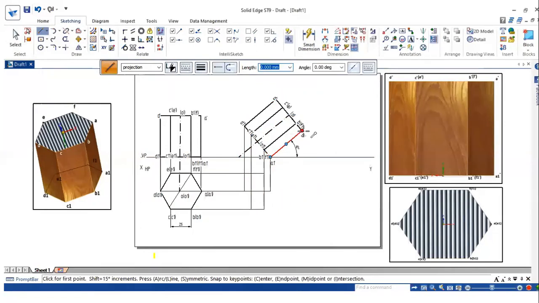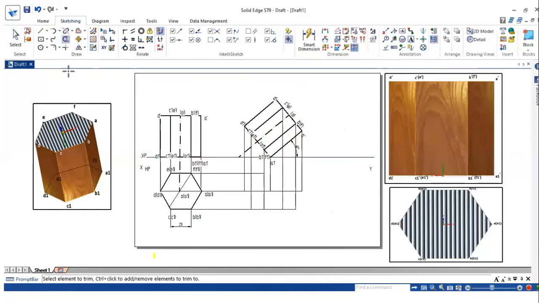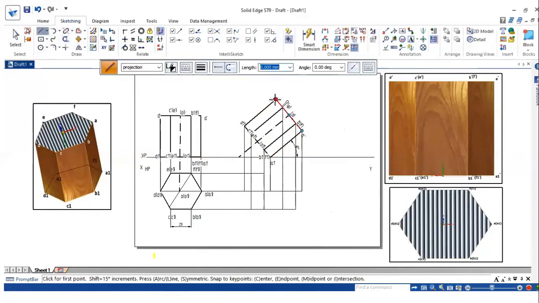So similarly A with A dash, B with B dash, C with C dash. Remove the extra lines. D with D dash, E with E dash and F with F dash.